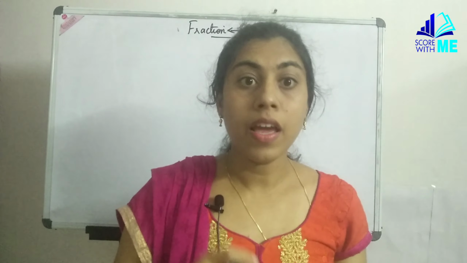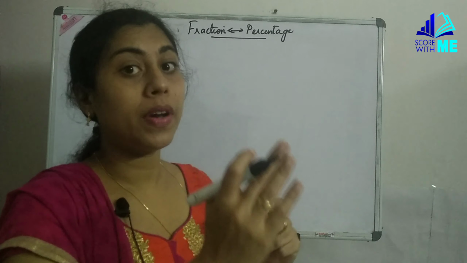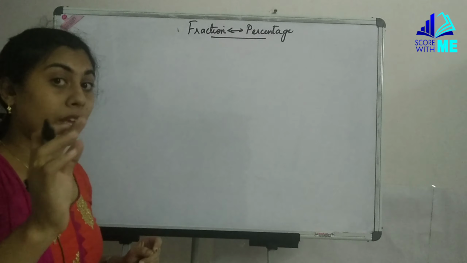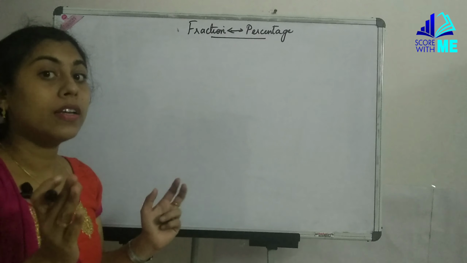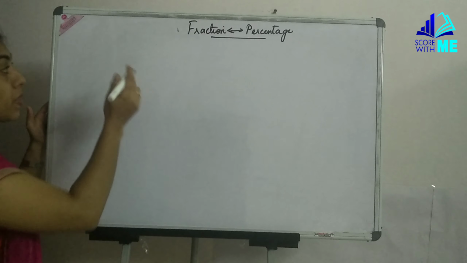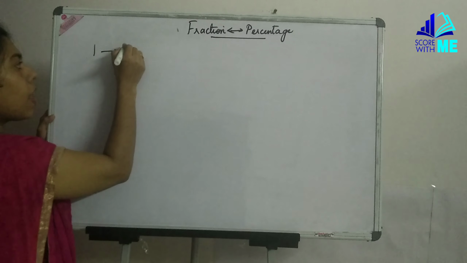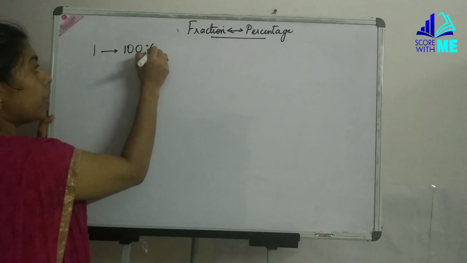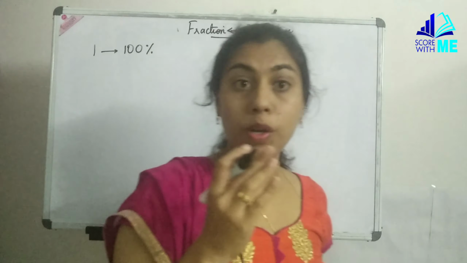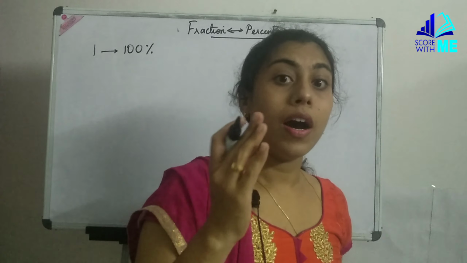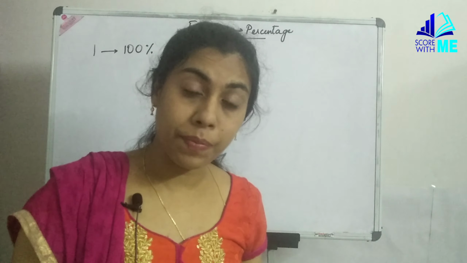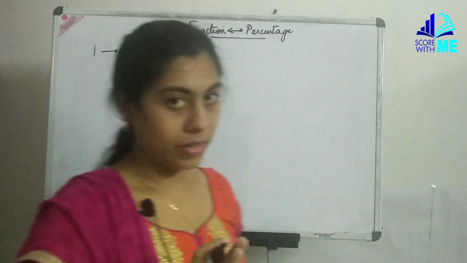Now we'll see how the fraction to percentage conversion usually happens. To begin with, we know that the whole number 1 is a percentage itself, isn't it? So with that, let us begin. 1 means 100%. The very number 1 means 100%. Don't we remember when we said earlier that if we were to see a percentage of any number, the whole number itself gives us 100%. So 1 is 100%.